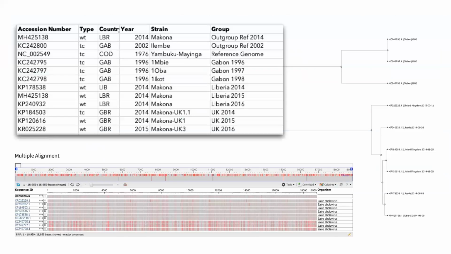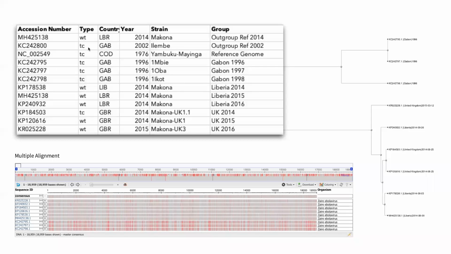Now we can download these sequences. So here I downloaded, and we can look at a more detailed characteristic of each sequence. What we'll see is that some of them have been directly sequenced from the wild type, for example, from a patient sample from their blood. Some of them have been tissue cultured. In other words, they were taken from the blood, then put into a tissue culture to amplify, generate more